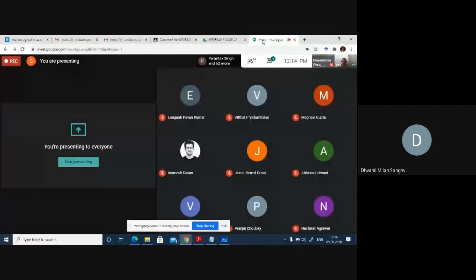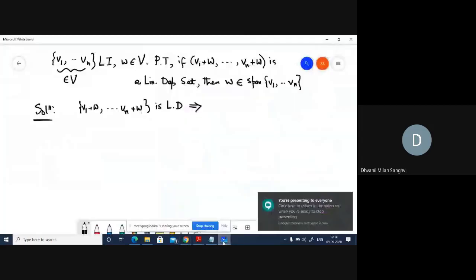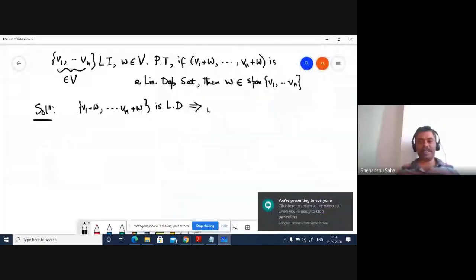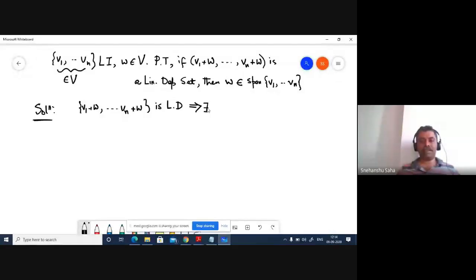That there exist scalars a1 to an such that a1 times (v1 plus w) through an times (vn plus w) equals 0, where not all ai's are 0. Correct. Very good. So there exist scalars a1 to an, not all equal to 0, such that